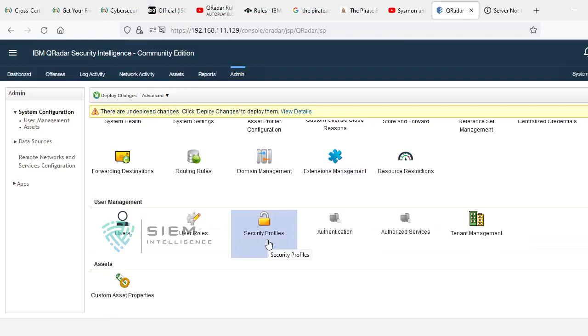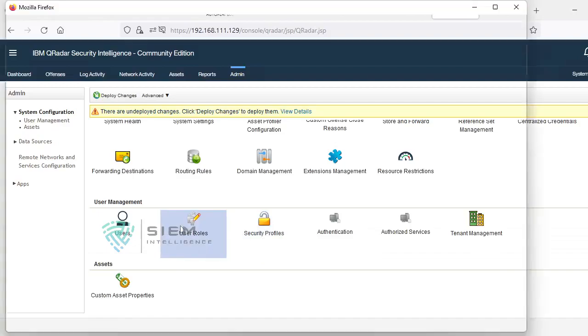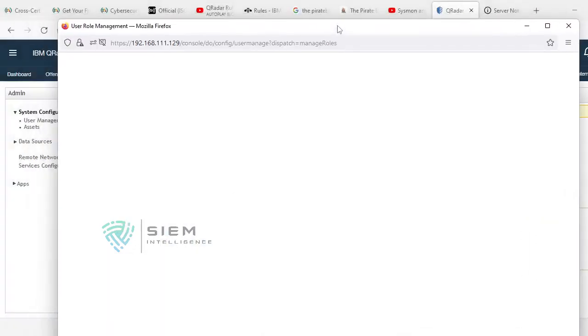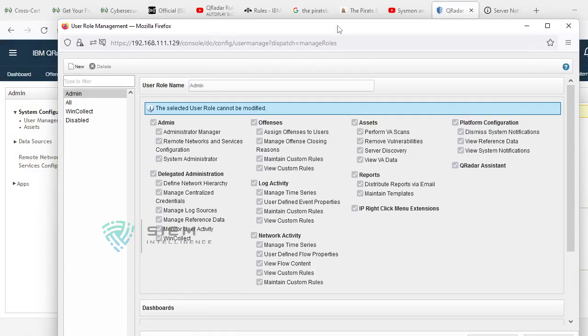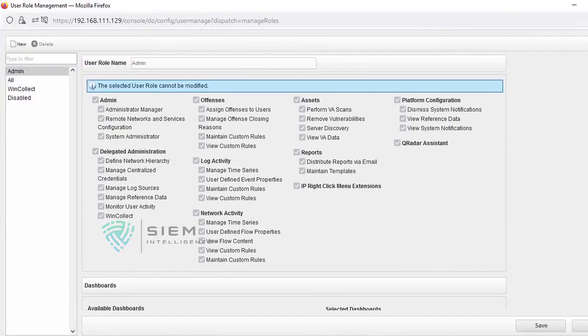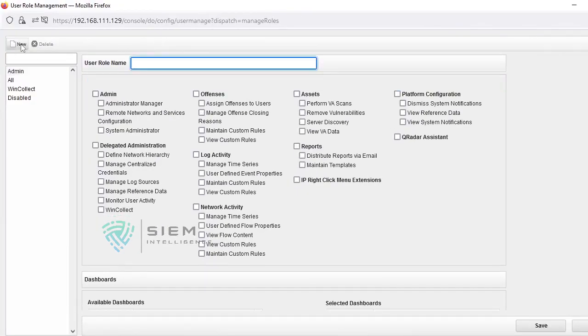We have created a security profile in the broader way. What are the logs to be collected? What are the networks to be seen? Okay. Now I want to give what are the things he can touch in the application. That is what user role is. Security roles is what you want to collect and what you want to see. But user roles is something where the particular user, what are the things to be touched in the application, what he can see. So I'll create one special user role.